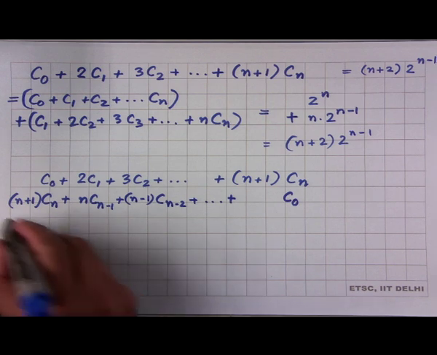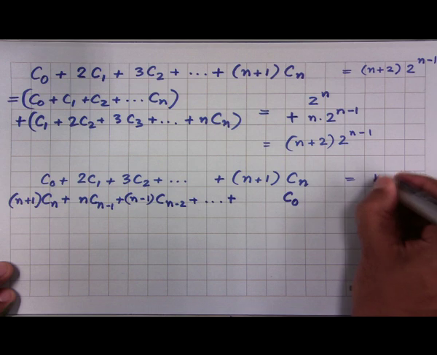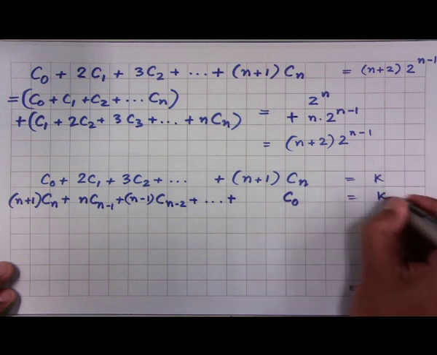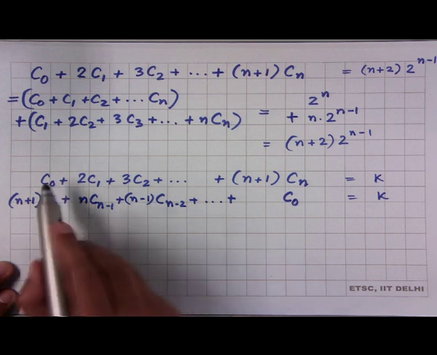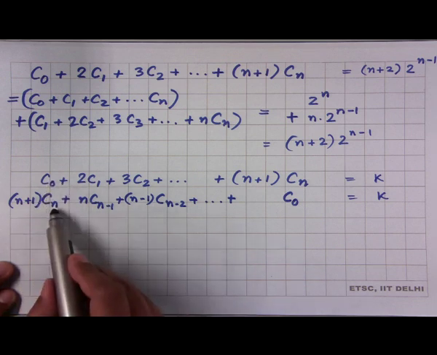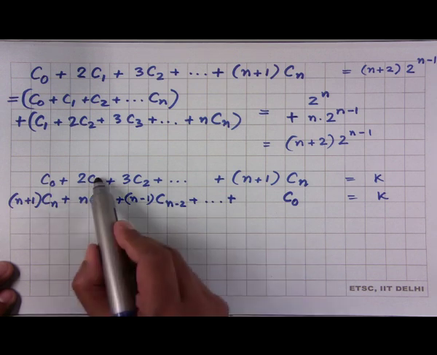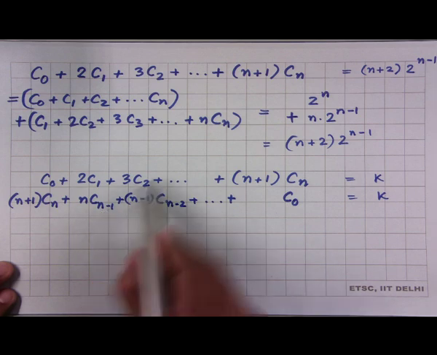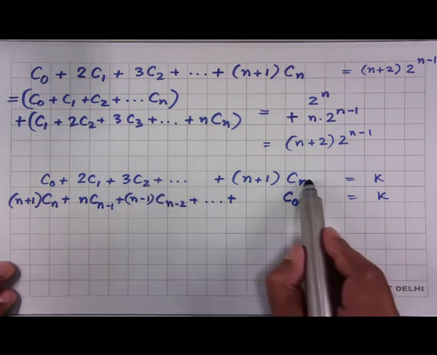Okay. So, let us say this is k. So, this is also equal to k, and then what you have to realize is that C 0 is the same as C n. Remember, C 0 is the same as C n, C 1 is the same as C n minus 1, C 2 is the same as C n minus 2,